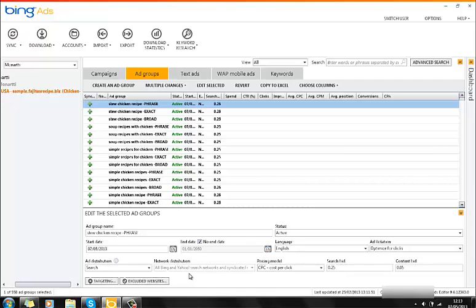Obviously you'll need to set a budget for each of these campaigns, and then you'll show your ads to only Bing and Yahoo websites, and then you'll also show your ads to Bing and Yahoo syndicated search partners. Now this only tends to work in the USA and